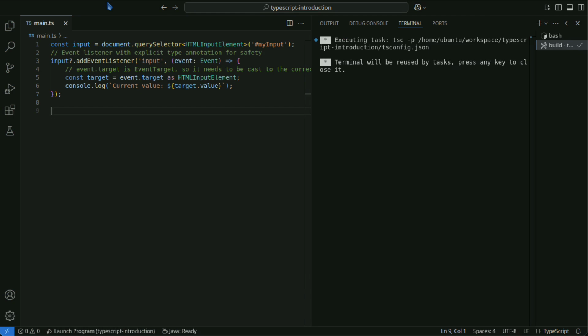This code is an example of using a typed event listener to handle input events and safely obtain and log the current value of an input field.